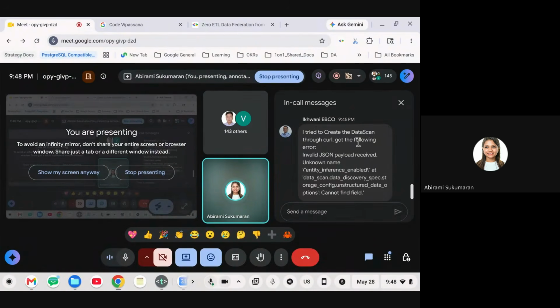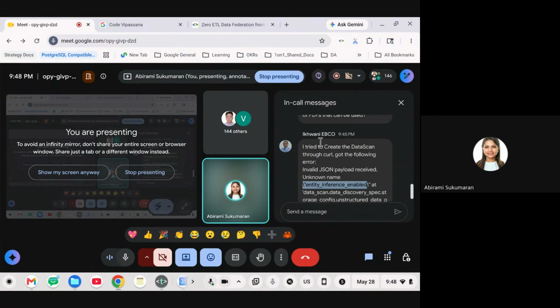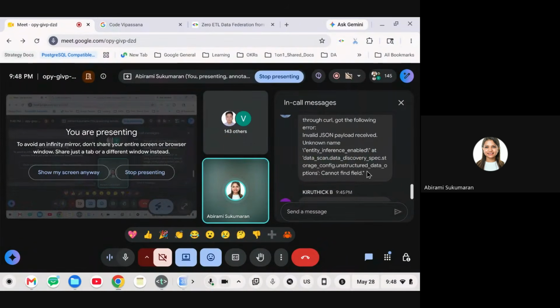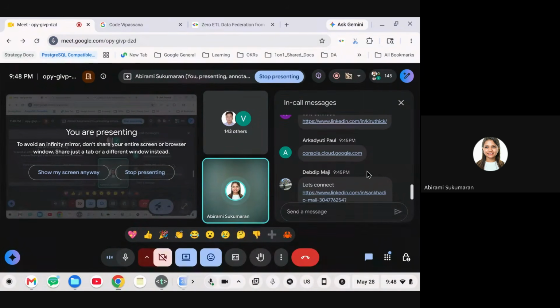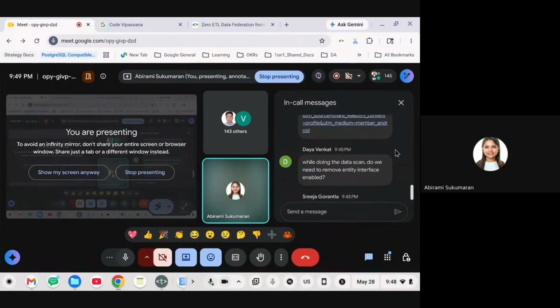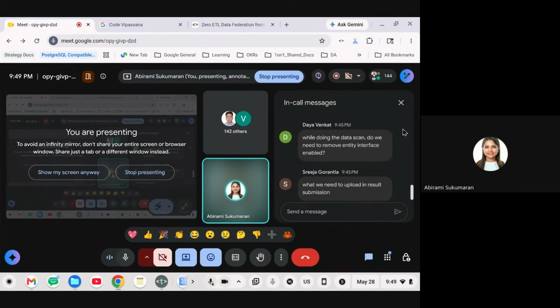If you need to run the data scan job through curl, you need to have all the other APIs and other things enabled. You can't directly do that. You have to go through all the steps in the code lab. Only then you'd be able to run this particular line. Because if your semantic API, Gemini Connect or something, that API needs to be enabled. Sorry, I forget the name of the API. All of those need to be enabled for you to enable semantic inference. You can't directly run that particular curl command, which is all there in the code lab. So if you follow the code lab end to end from step one, then you'd be able to run the job.